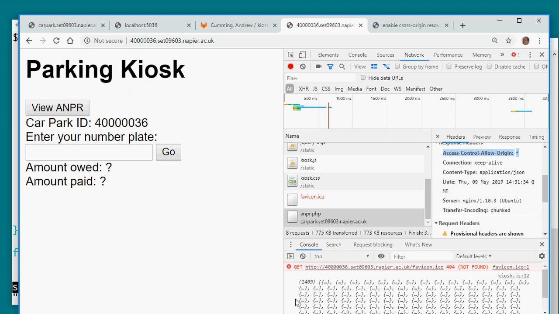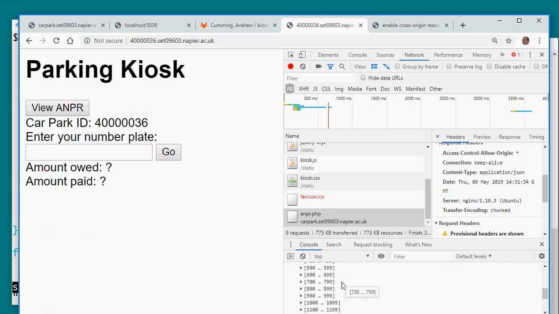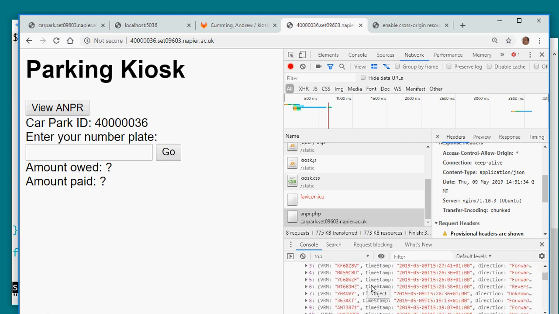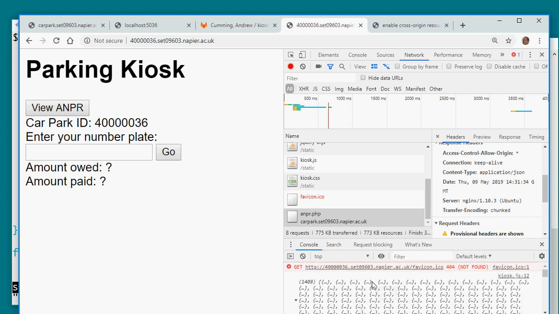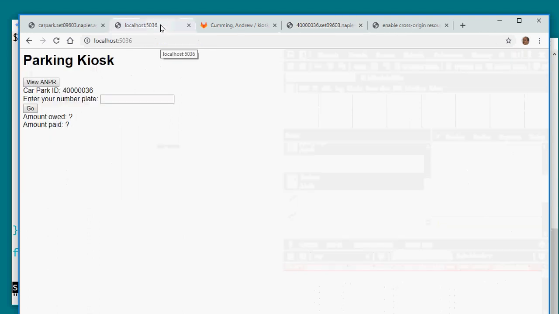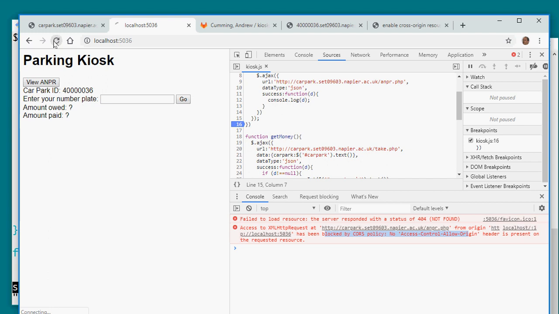We got 1,409 values back. So there's a lot of number plate reading. It goes back several days. Okay, so we've got a lot of data come back. These are all the number plates that are known to the system, and they will come back into JavaScript, and we can access them from JavaScript. Not only that, but I don't have to be working from the server now. I can work locally. If I reload,